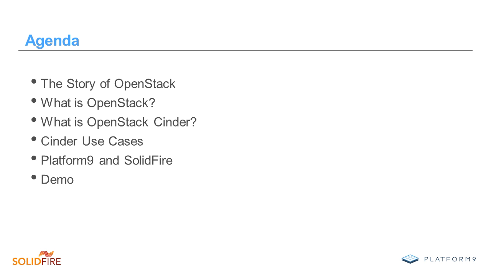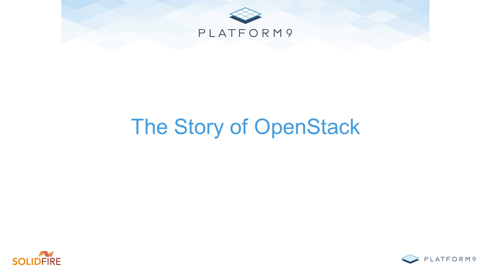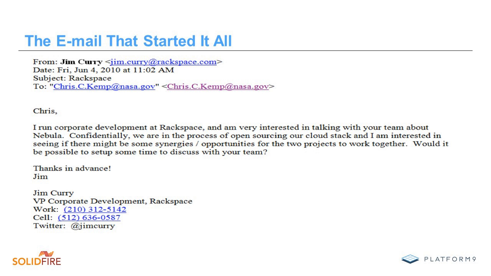So let's talk a little bit about sort of the beginnings of OpenStack. We're going to just spend a few minutes on that. So in one sense, you could say OpenStack started with an email. In summer of 2010, a company called Rackspace, which at the time was primarily a server hosting company, was planning to create a public cloud that would in essence allow it to compete with Amazon Web Services. But the unique thing they wanted to do with that cloud was they were planning to open source the platform.